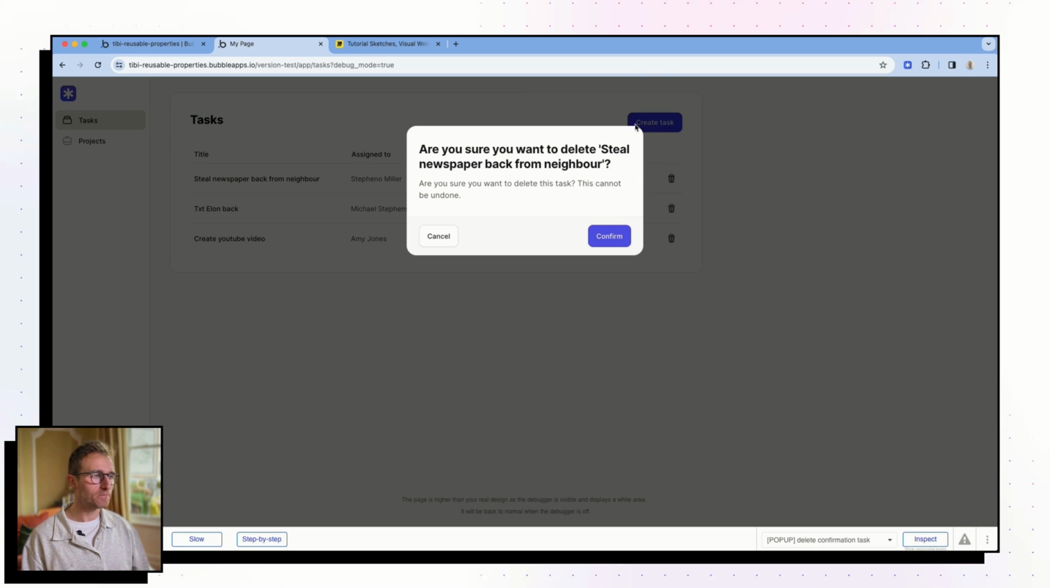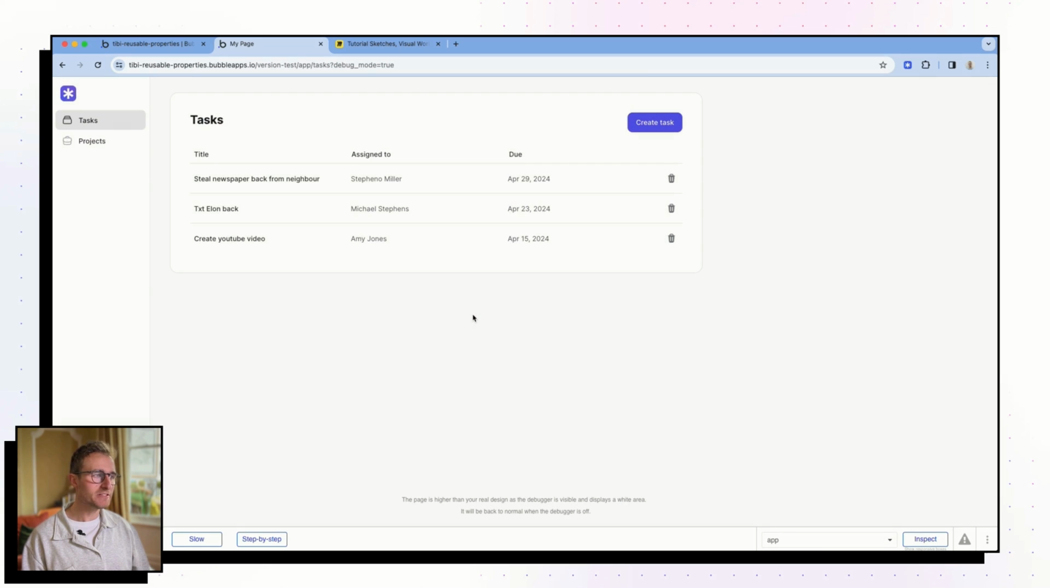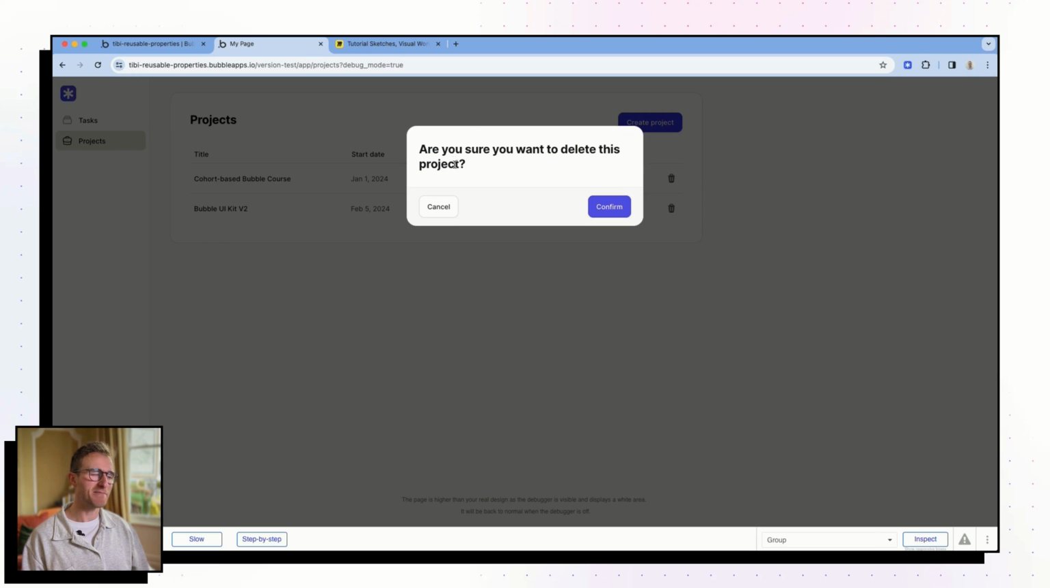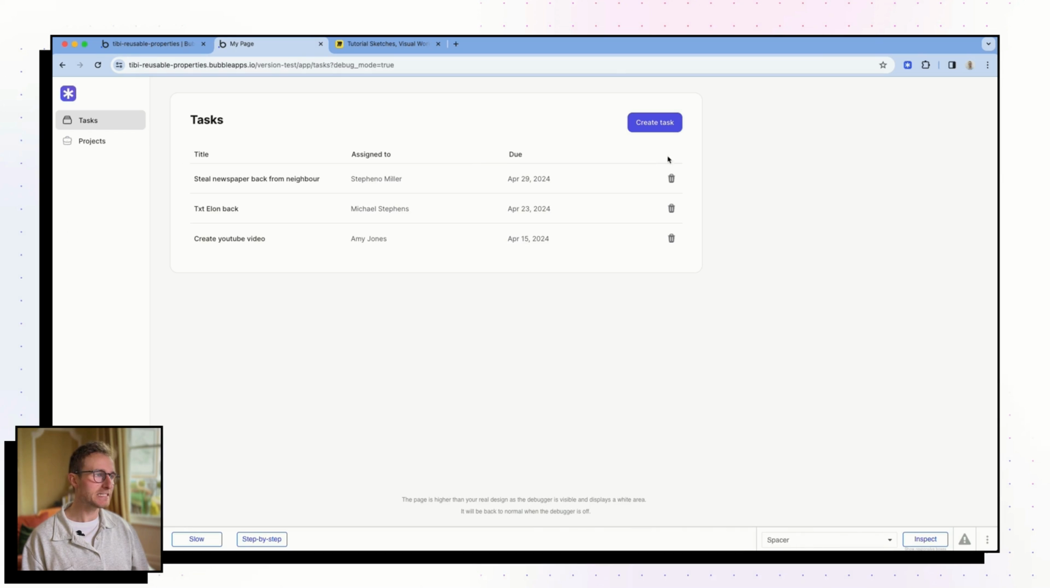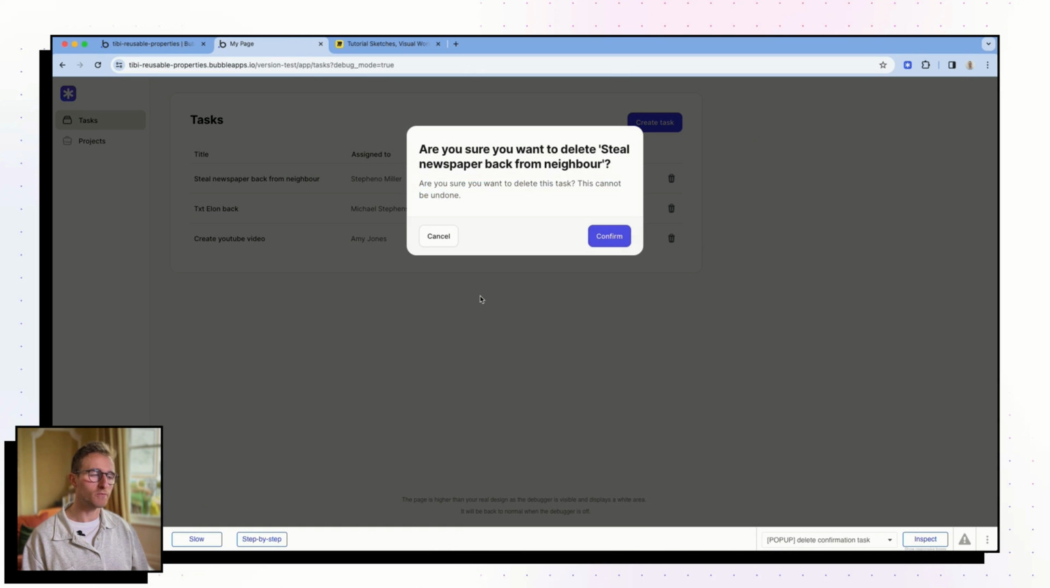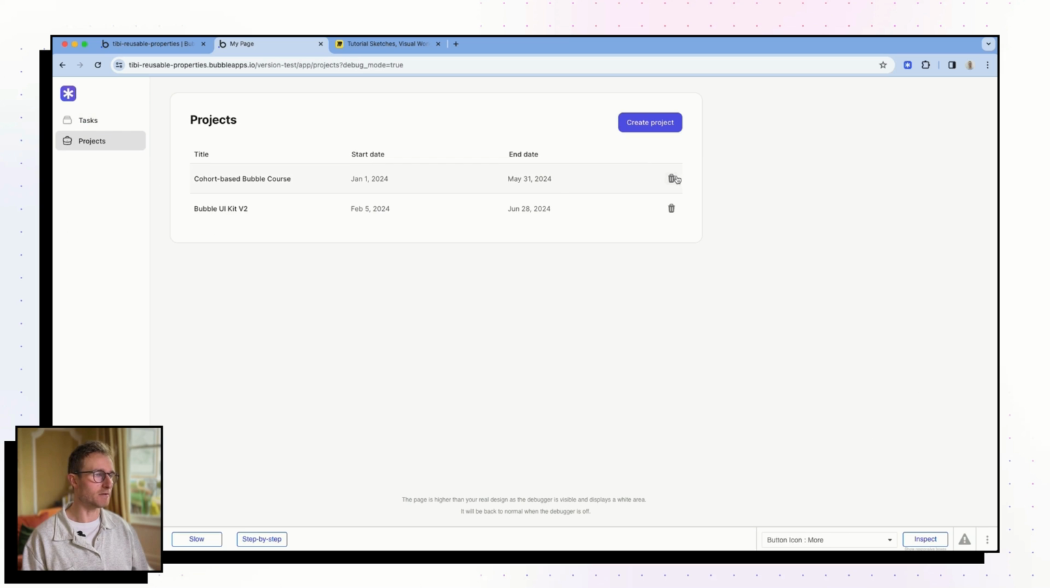But what I realize is that this pop-up is actually really similar to the one that I need for a different data type. Projects, right? Are you sure you want to delete this project? Really, yeah, that pop-up's pretty similar. I don't really need the helper text for projects for some reason in this silly example, but otherwise